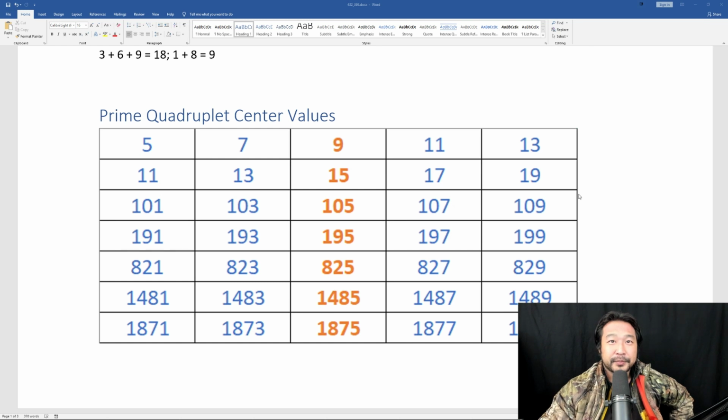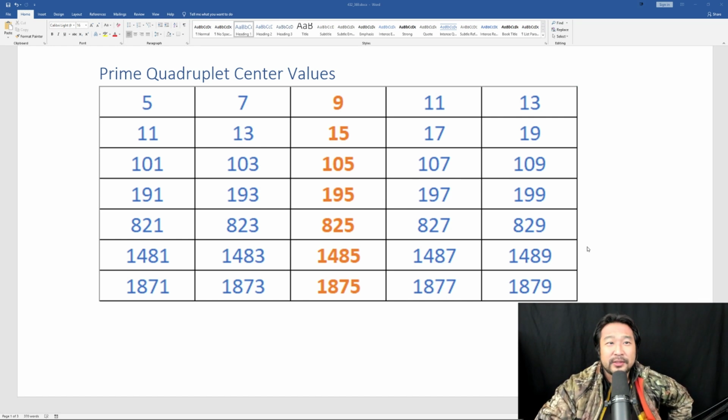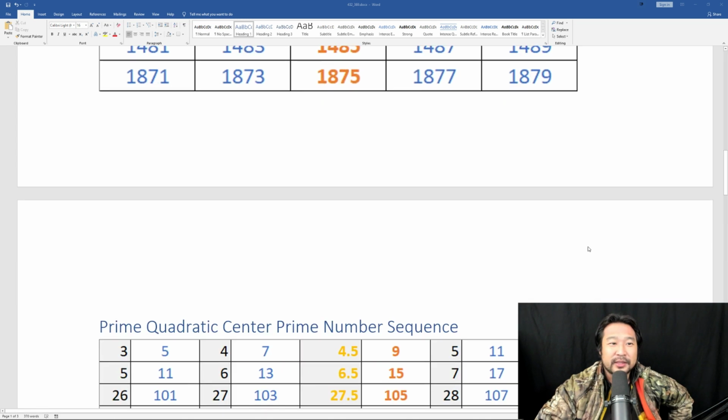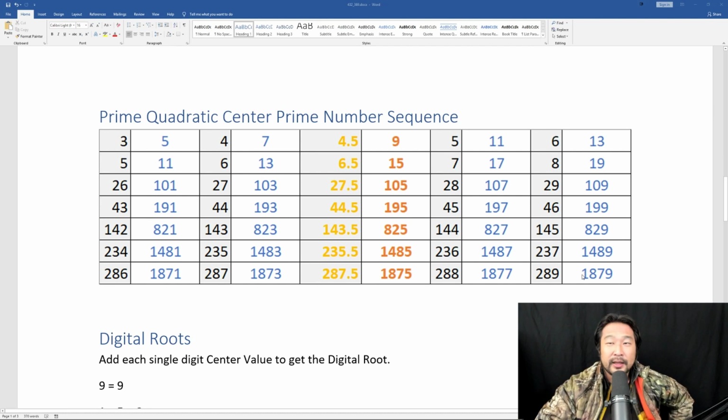So, getting prime quadruplet values together, in between those for the second, third quadruplet, I enter a set of values, which is 9, 15, 105, 195, 825, 1485, and 1875. I'll get more into this a little bit later, because we're also going to add a sequence to it. Now, what am I doing with the sequence? Well, basically,